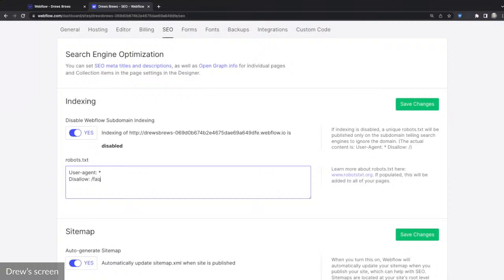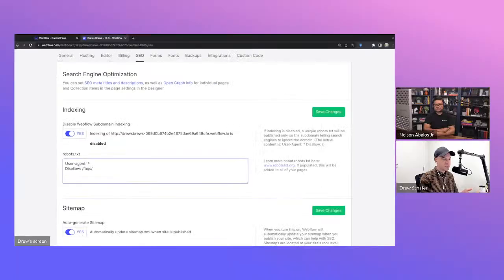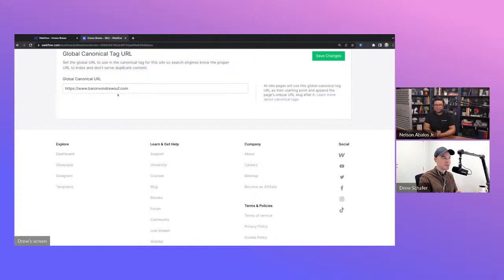I could say something like FAQs, and now if I had an FAQs folder, none of that is going to be indexed. But in most cases, if you just want your site indexed and you want everything to show up on a search, you would type in user-agent, then a star for wildcard, and then disallow colon nothing. And if I was to actually go to my custom domain here